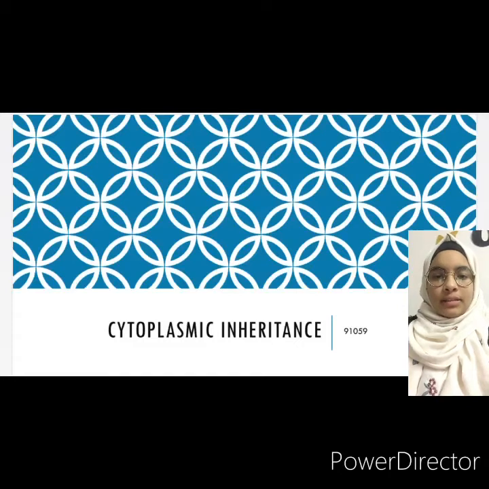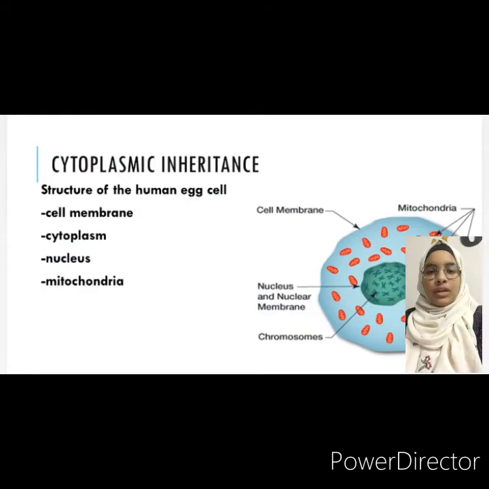My name is Hala Tamer Noor, and my research is about cytoplasmic inheritance. First of all, let's discuss the structure of the egg cell, which is the type of cells that an organism uses for reproduction. The first structure present in the egg cell is the cell membrane, which protects the cell from